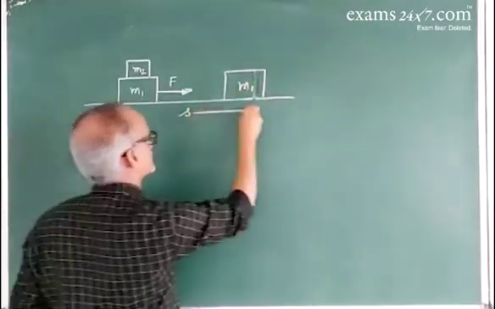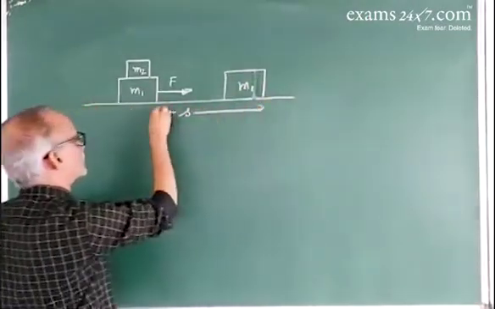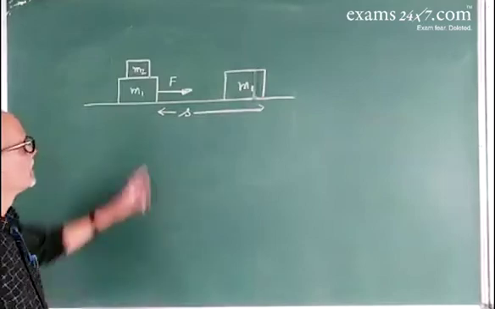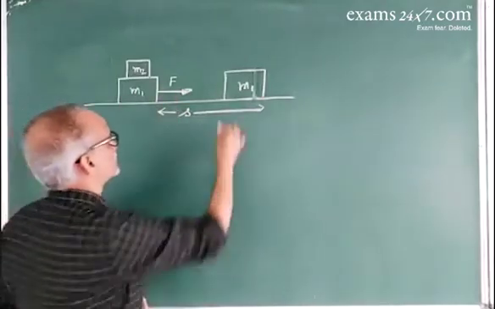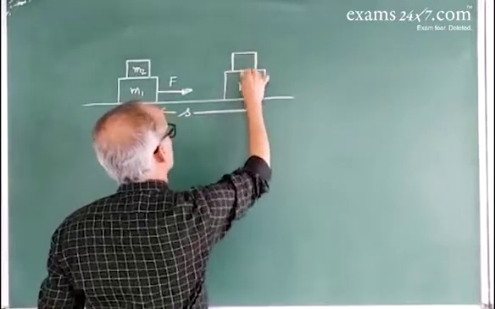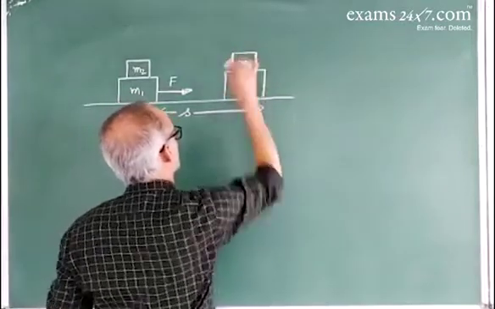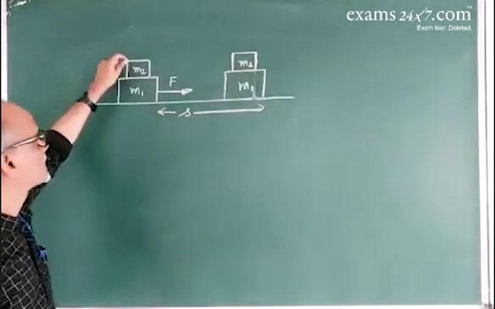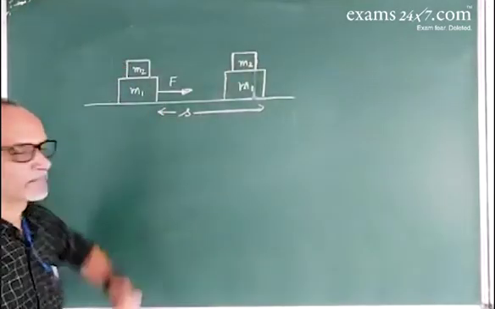Yes, so S is the displacement of the block M1. When M1 is displaced, if there is no relative displacement between M1 and M2, that means if M2 remains at rest on M1,